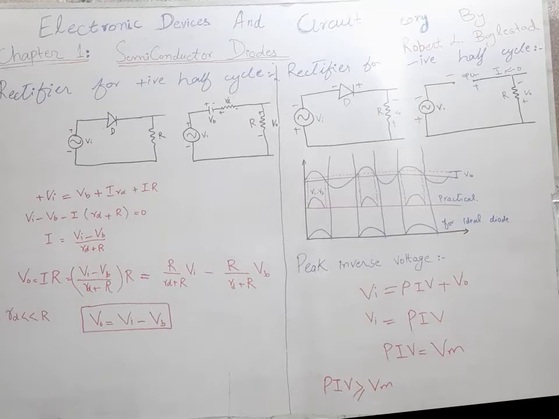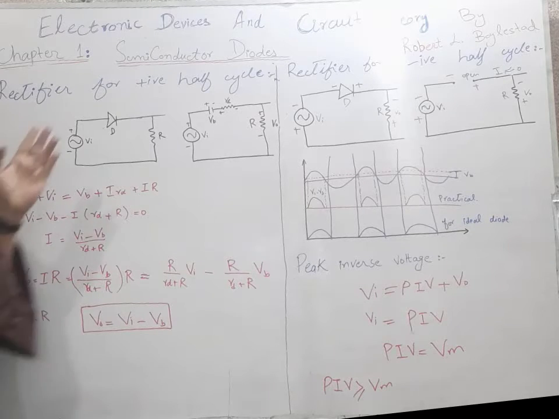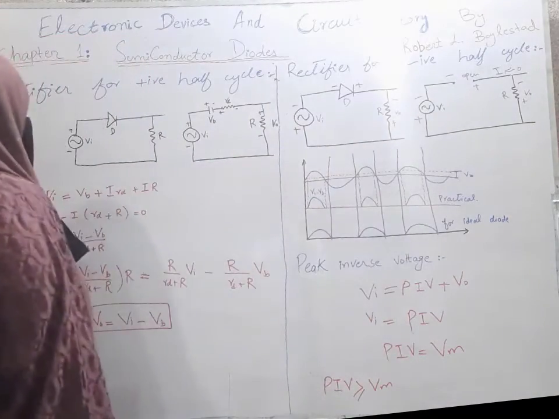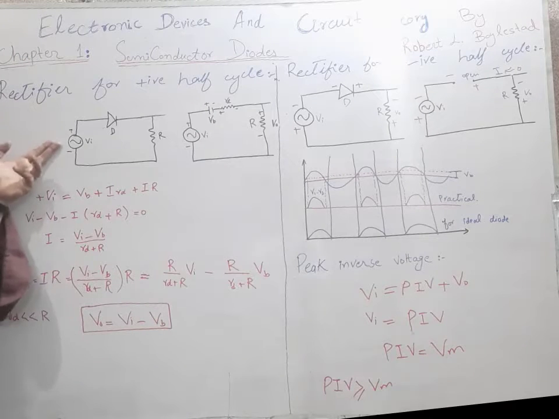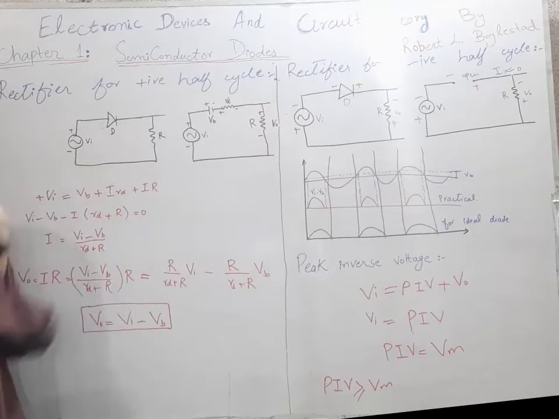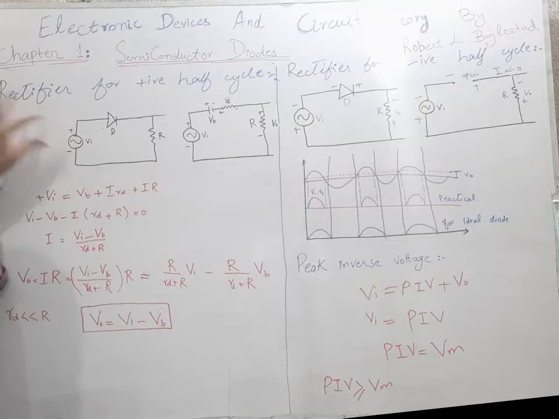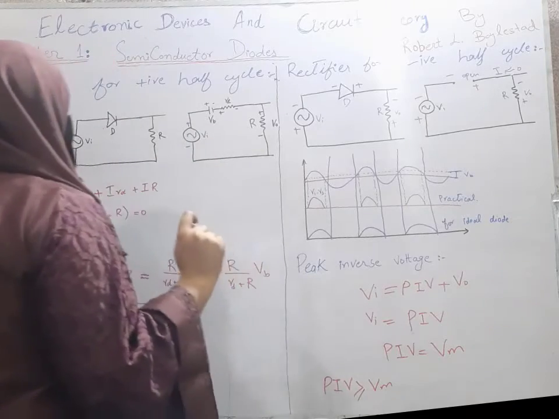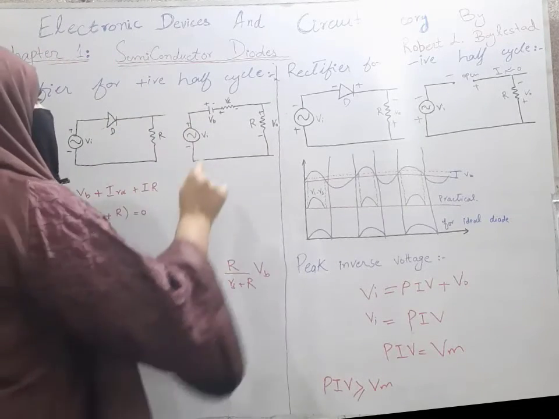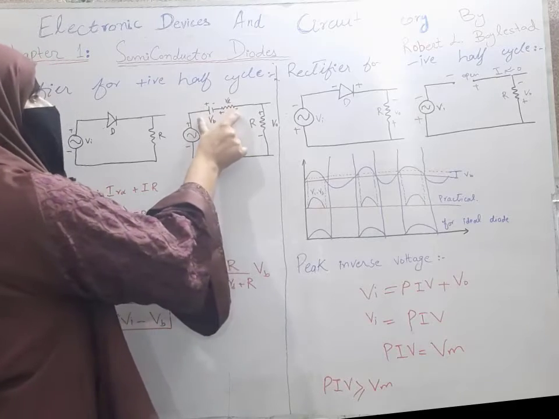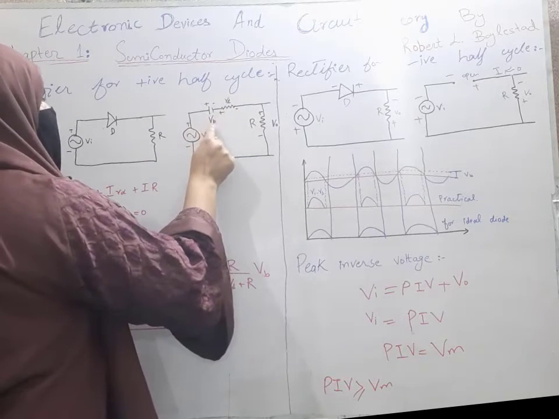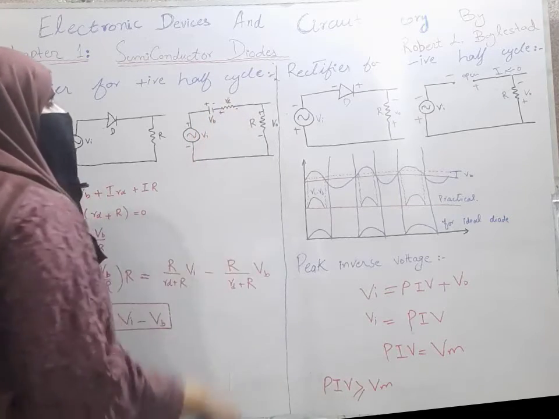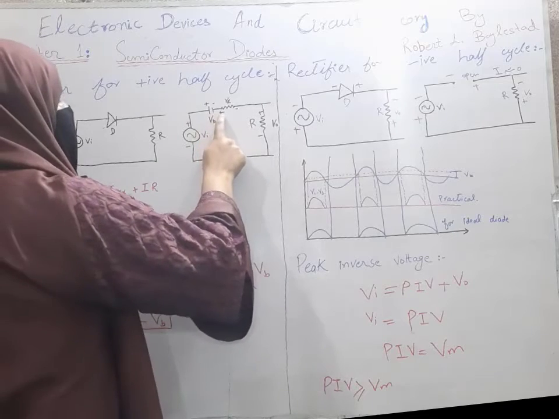Now this is the side for the rectifier for the positive half cycle, and this is the rectifier for the negative half cycle. Now this is the transformer, this is the diode, and this is the resistance. Transformer can be shown as, and now let us draw its circuit diagram. And this is the circuit diagram for the practical diode, and for the practical diode we have VB, the potential barrier, and RD, the resistance of the diode,